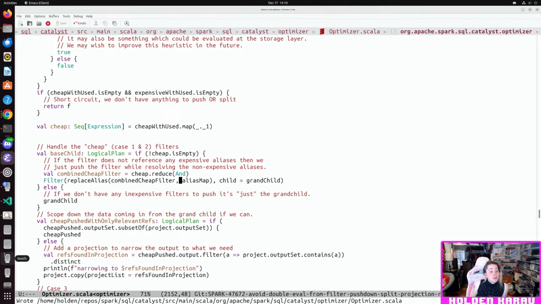Now, the other thing that we've got going on here is the situation where we've got keep pushed with only relevant ref. If all filters which do not... and then down here, if cheap output set is a subset of project dot references, cheap push. Otherwise, we go ahead and